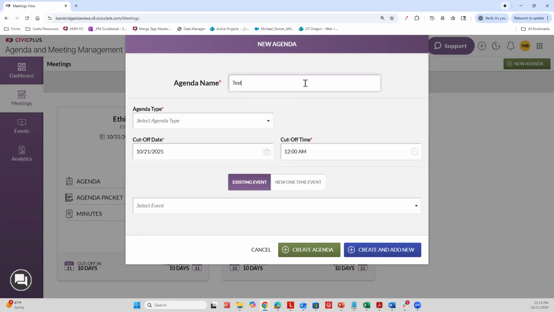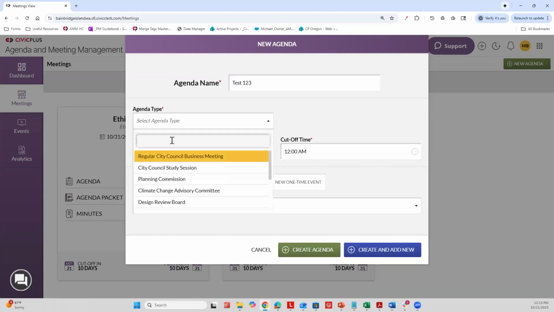This name is not public facing. This is a reference name, more of a file name, if I may. Okay. So you can name this whatever you want. Agenda type. This refers to the board type or the meeting type. You'll hear me use those words interchangeably. They are congruent. Just meaning, okay, what agenda are you trying to create here,